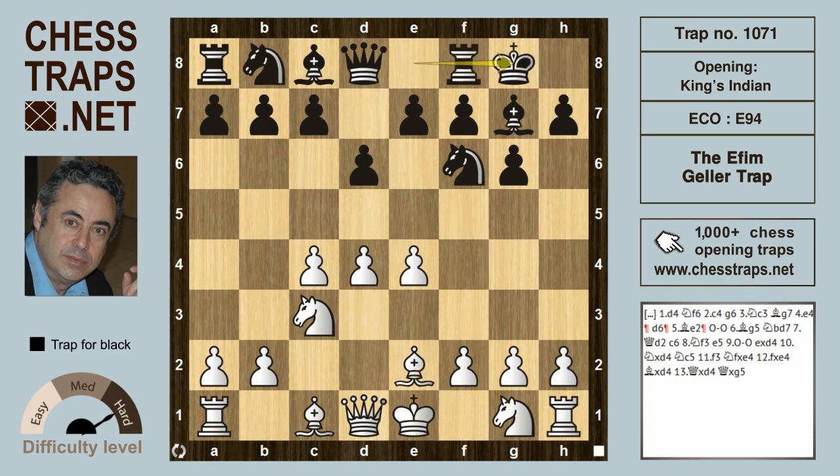Now after castles, white can continue not with knight f3 but bishop g5, also a theoretical line. That can be met by knight b d7, and black will hopefully strike in the center with either c5 or e5. Now after queen d2, developing the queen, supporting the bishop,